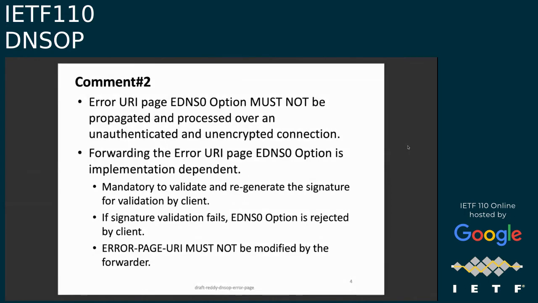The next comment was about why we have a signature. Clearly the URI template that we pass back in this could be spoofed, right? So we mandate that it has to be propagated and processed over an authenticated and encrypted connection. So that's really important. But you also want to make sure that this is what the resolver you're talking to wanted to give you, that it trusts it, and not something that it receives from downstream, or upstream, whichever way you look at it, which might have been